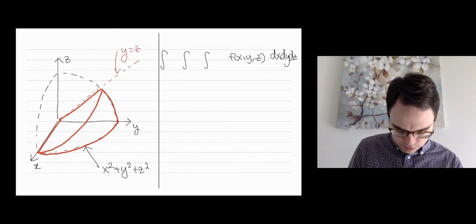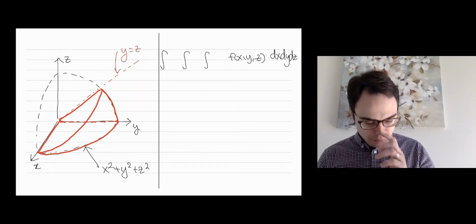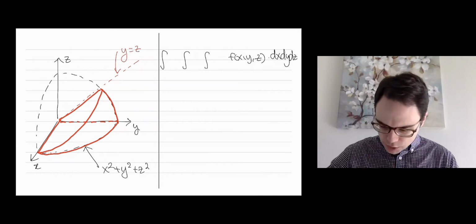I'm happy about how this picture turned out. Okay, so that's the crucial thing. So once we have the picture, we can start setting these bounds. So z